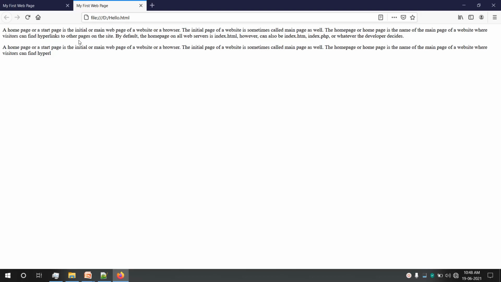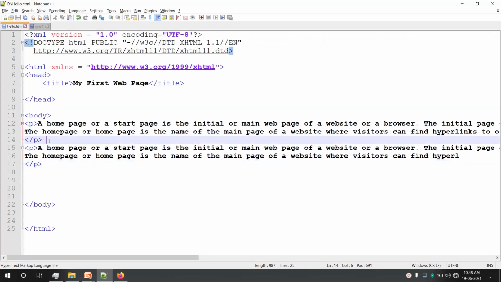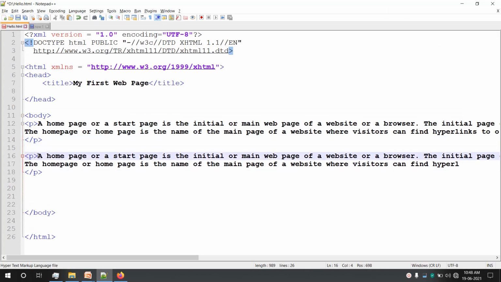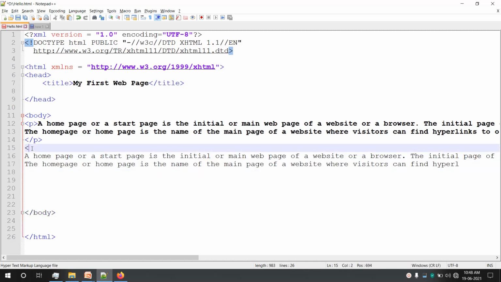If I change that paragraph tag and make it as BR tag, now let's say this was my paragraph tag, I'll just remove it, and instead of paragraph, if I use a break tag BR, now look at the effect of this. I'll just save it and let us execute it.